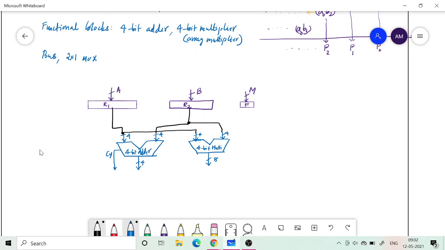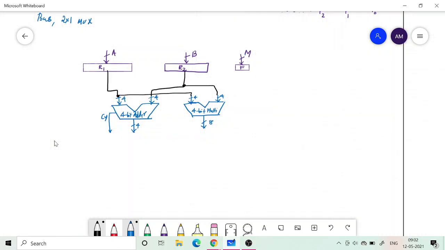Okay, so it is available doesn't mean that we will get it at the output, because we are going to put a register at the output, which is going to be an 8-bit register. So this is my R3 register.